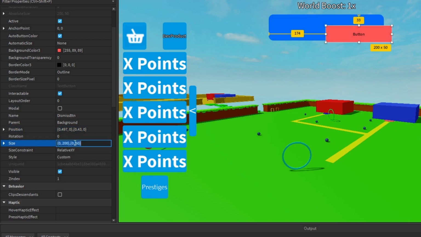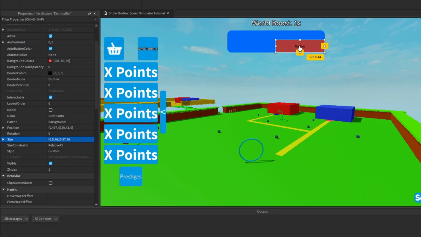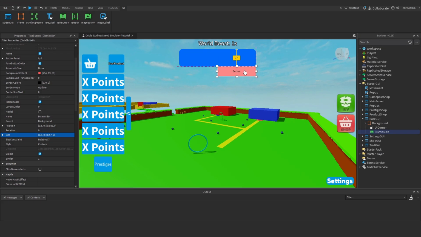Actually, I'm going to change the size first and then change the position because I do want to adjust it a little bit. I'll go 0.50, 0.570, and I'm going to lower it below the actual blue background here. And when we get rid of the buttons, we're still going to use this background to display how long's left of the current race. So if you've got the buttons, there's just going to be a massive gap below the